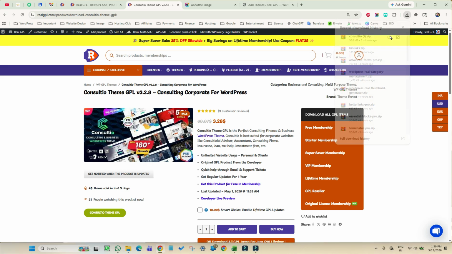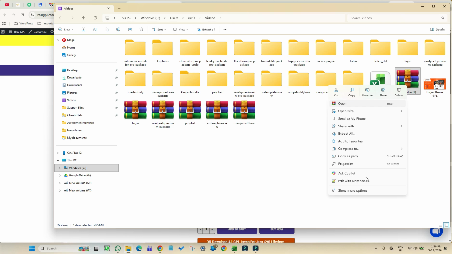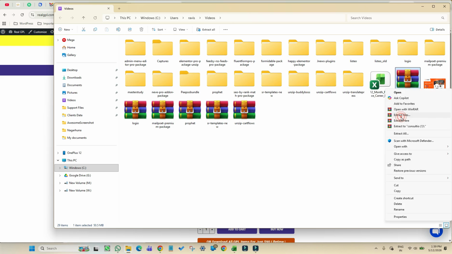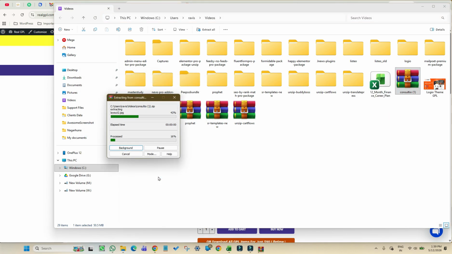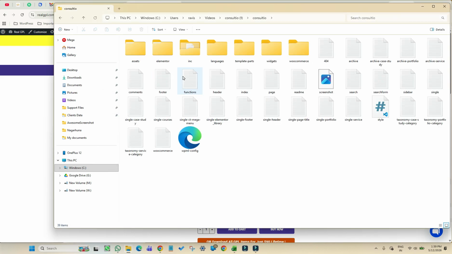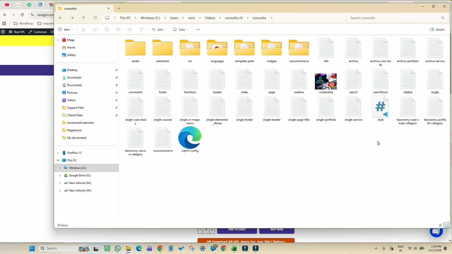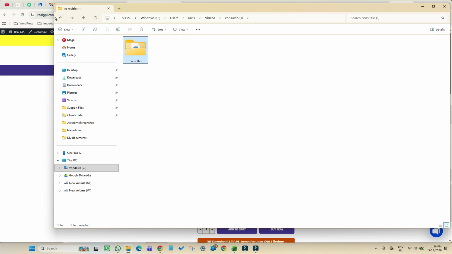So I am going to the folder and I will unzip it first. Unzip is done. After unzipping, inside the folder I got the theme only. Okay, so here unzip is not required, but sometimes you have to unzip. Just check it once, because many times there is a child theme inside, plugins inside. So right now for this theme we'll install the whole package, because inside there is nothing, just the theme